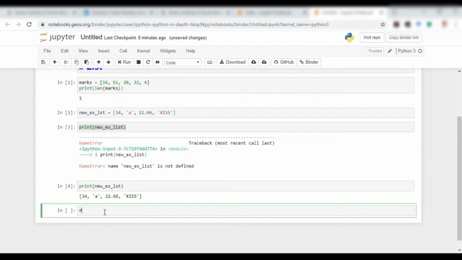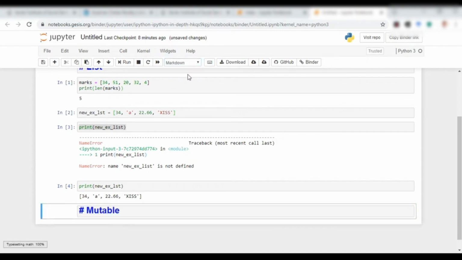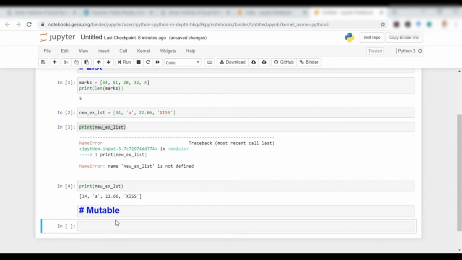So what I was saying is mutable. Okay, so let me do it as markdown. Yeah, and now what I get is another cell, and this is a cell where I can code, right? So now if I have a list, let's say list L equals to, let's say Z, okay, the first element being Z, the second element being Y,